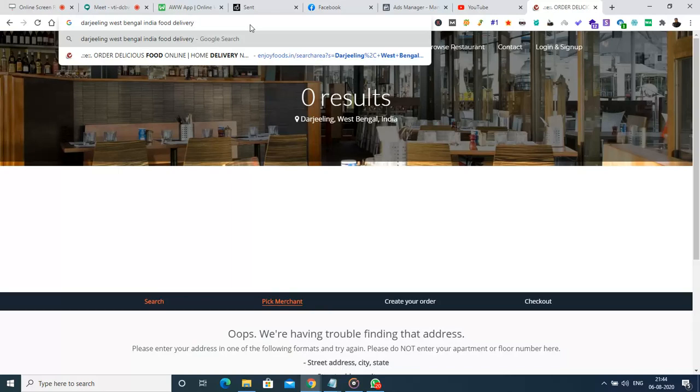And if enjoyfoods.in has two web pages which are targeting the same keyword, then probably Google will get confused about which particular URL it has to show. So one is from the search result and the other one is from the page which has been specifically created for the keyword. So in this case, how can we show Google that we had separately created